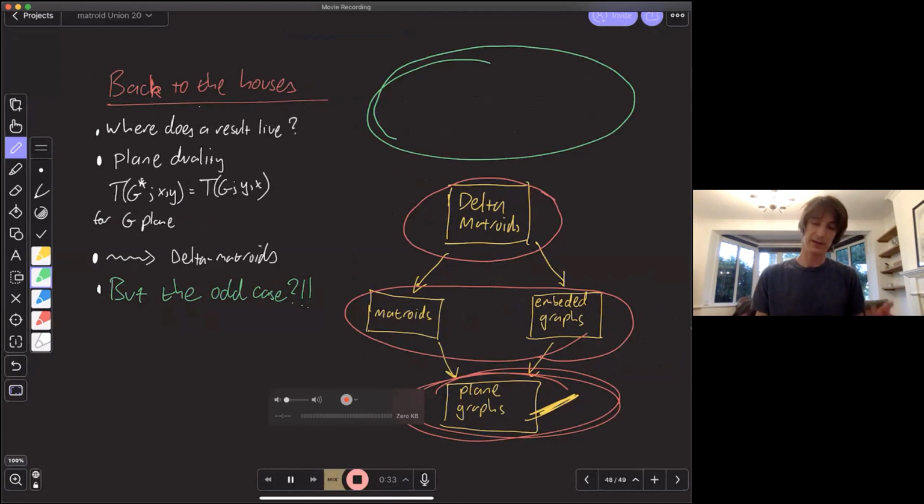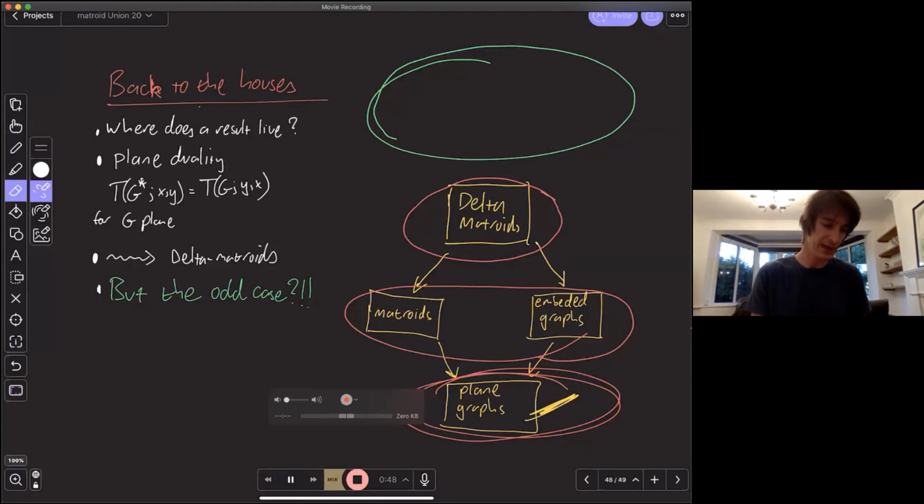The key thing seems to be, from what we've figured out so far, that once you're dealing with odd Delta-matroids, you've got really three types of minors: deletion, contraction, or twist contraction. And once you've got these three minors, that's really taking you from Delta-matroids into the world of multi-matroids.